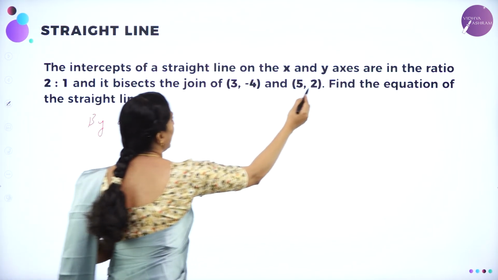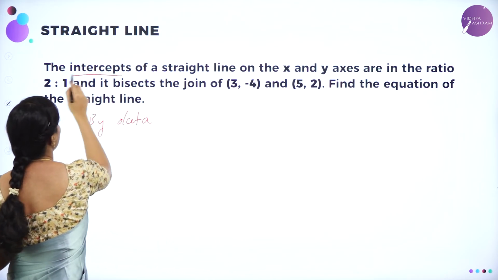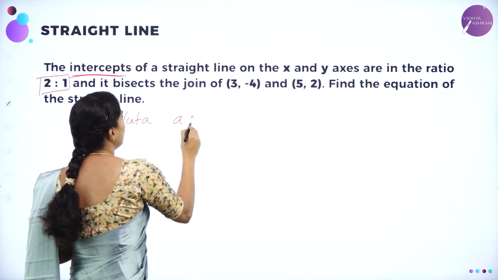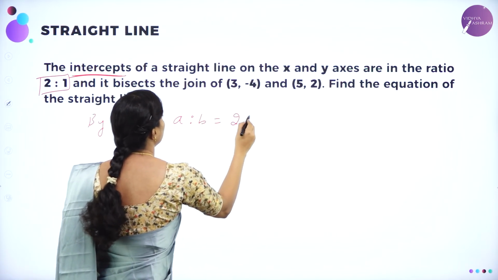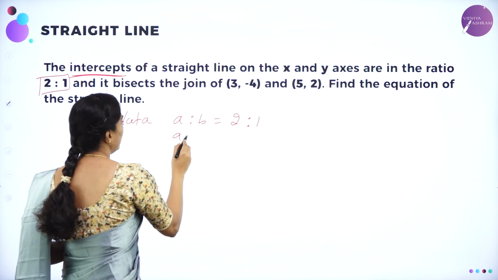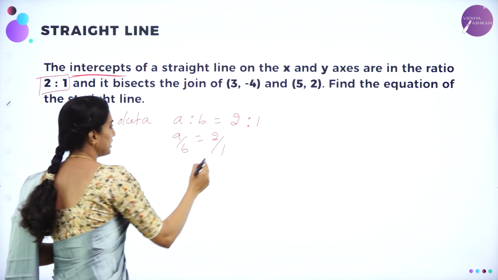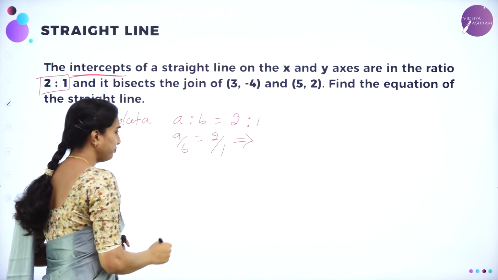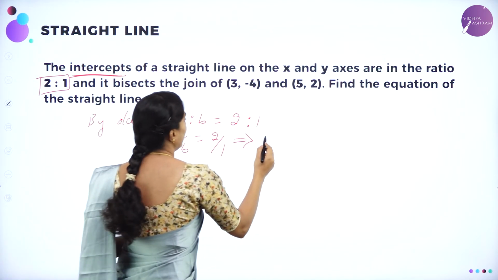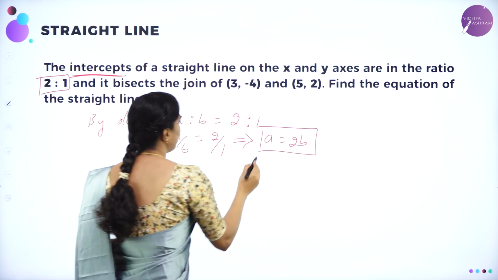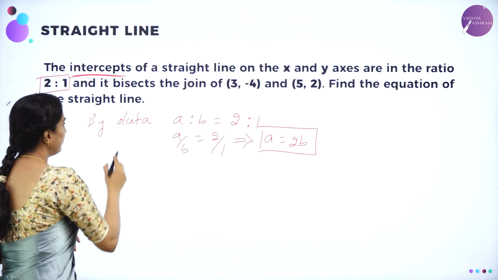What they have given as data: the x and y axis intercepts are in the ratio 2:1. So a is to b is equal to 2:1. Otherwise, a by b is equal to 2 by 1, which implies, cross multiplying, a is equal to 2b. Now, keep this as it is, and the line passes through